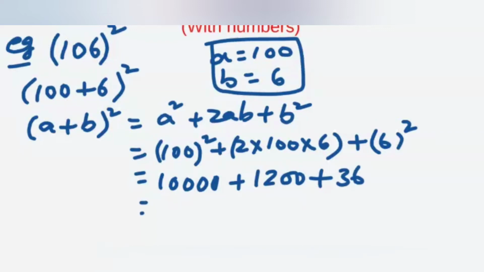Let us add up all these. You will get 11,236. So this is the answer of 106 whole square. Actually, if you multiply 106 into 106 also, you will get the same answer. But this is the method of how we use identities to solve such sums which involve only numbers. So we are going to deal with such example sums. Okay, going to the next example